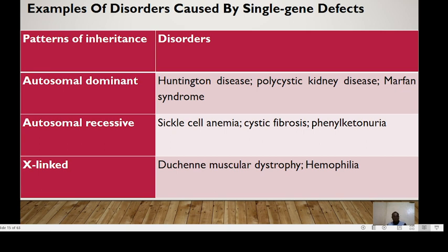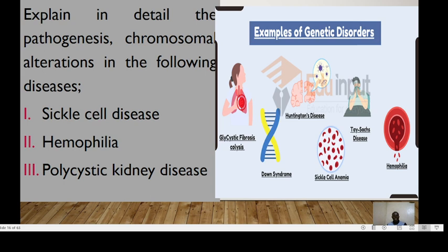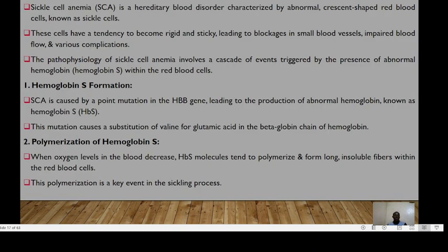Lastly, we have the X-linked, like Duchenne muscular dystrophy and hemophilia. For the purposes of our lesson, we need to be able to explain at least three: sickle cell disease, hemophilia, and polycystic kidney disease. So let's look at